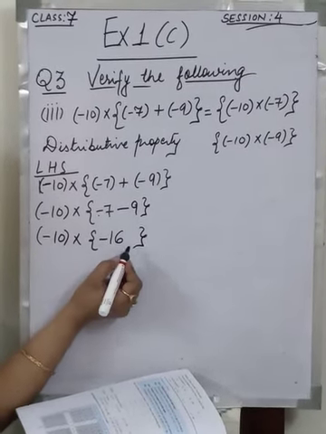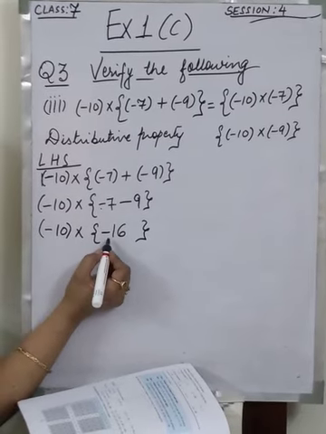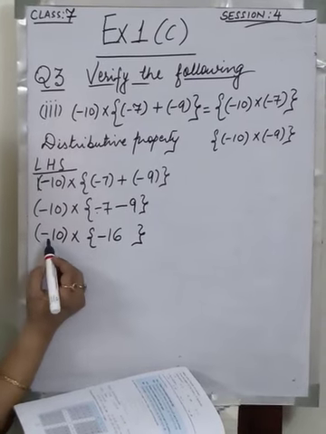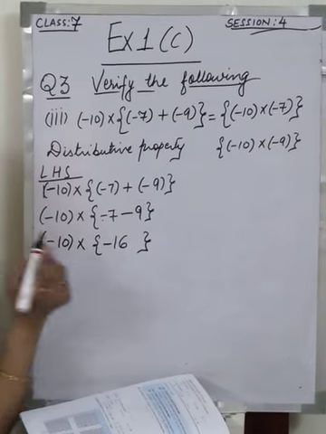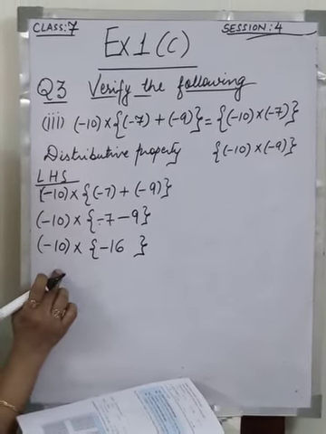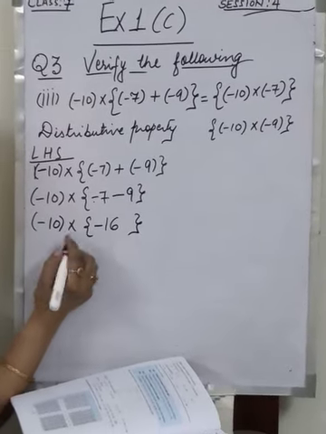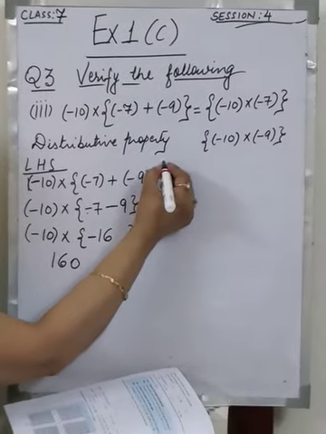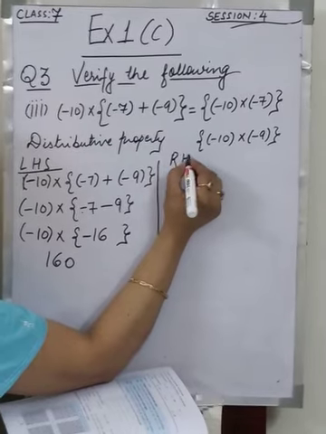Now 10 into minus 16. Negative sign how many times? Whenever we are multiplying, I told you firstly we put the sign, so we count how many times the negative sign is here. It is 2 times, that is even, so the sign is going to become positive, and we do not write the positive sign, that is understood. Then 10 into 16 will give you 160. This is the solution for the LHS part. Then I solve the RHS part for you.